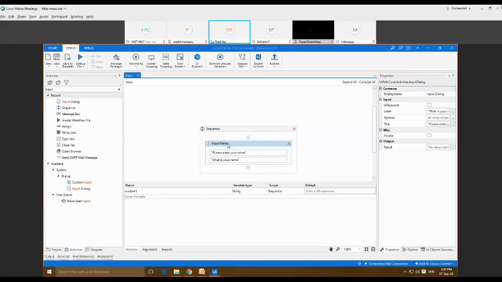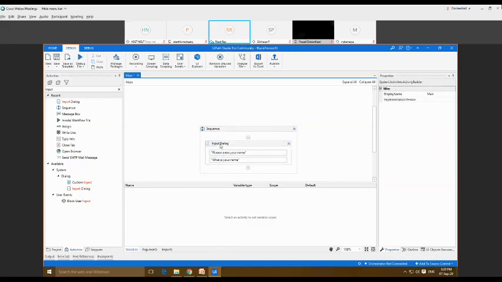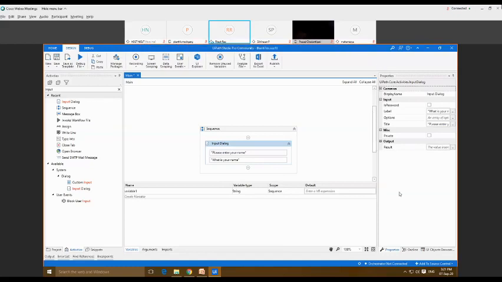Once we click on this input dialog, I want to create the variable for it, because once the user provides the name, we must have a variable where the name of the user can be stored. So to get the name from the user and to save it, we have to create a variable. We can create the variable by three different options. One is the variable panel that you can see at the bottom of my screen. Second is the context menu, where we can simply click and create a variable. And the third option is, once we click on this input dialog, on the right side of my screen.